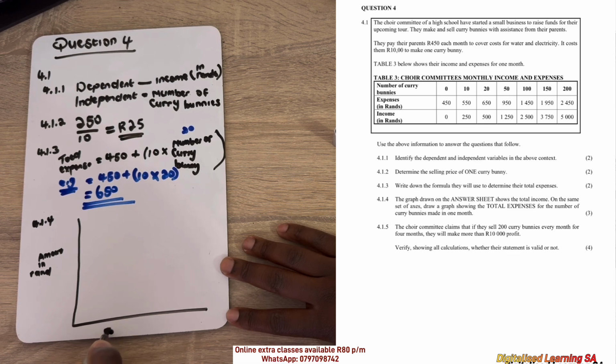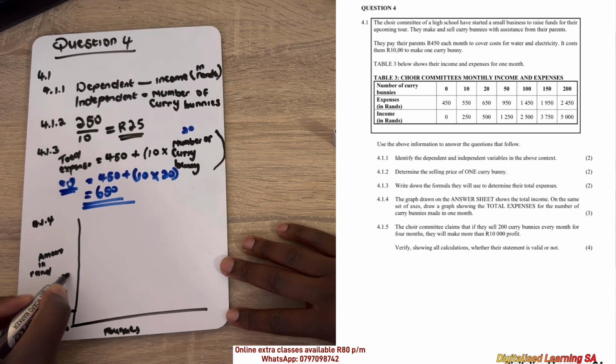So we can just say bunnies. So we can start from 450. So here it will be 0, and then 450, and then maybe 900, and then 1,350, and then